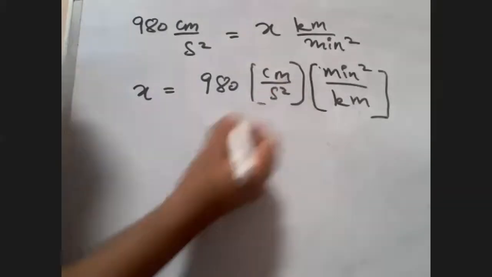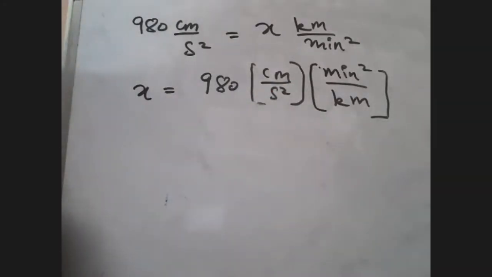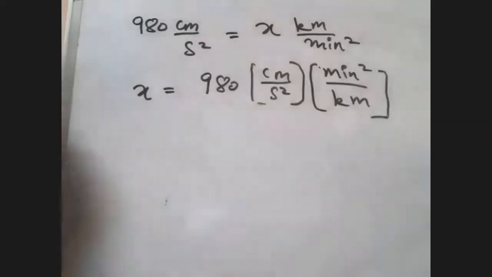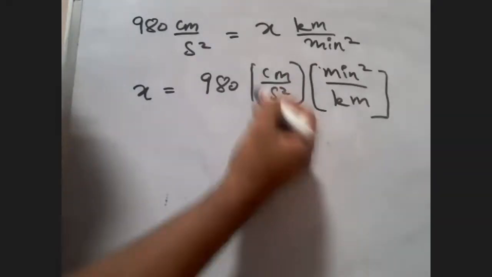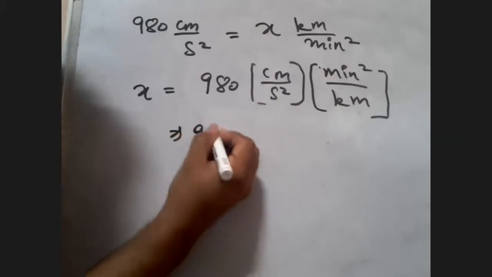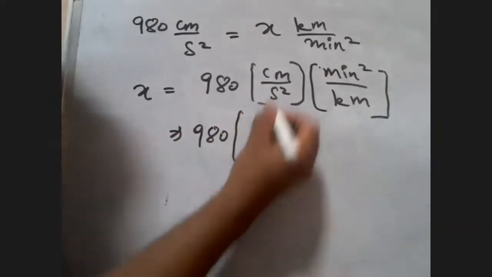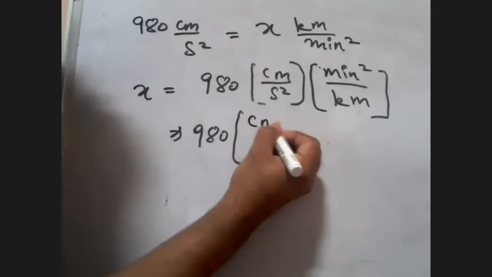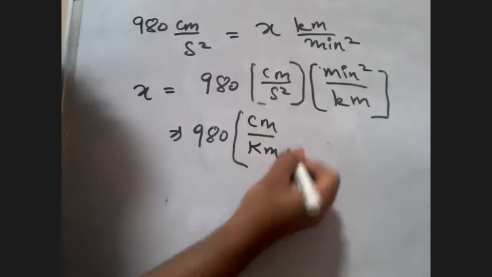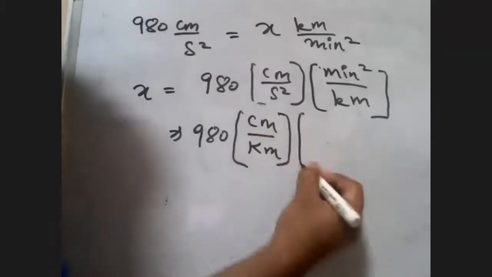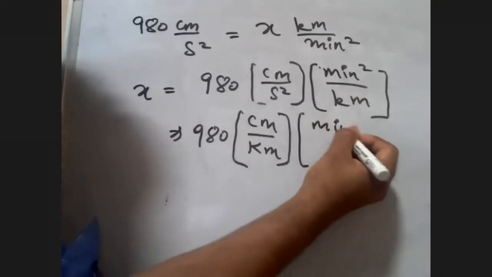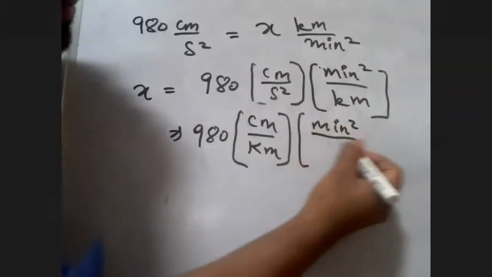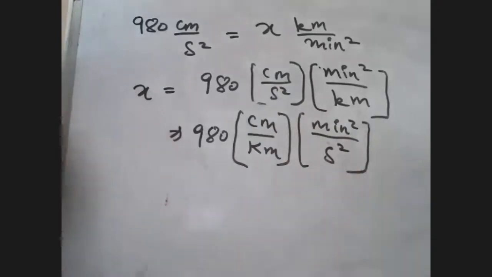Okay, now you know. Look here. 1 minute. What did I do? Did I do some mistake? Yeah. Okay. This is what we got. Now see, students. Now just rearrange this. Look here how the trick is. Centimeter and kilometer are here, so I will write centimeter upon kilometer. Just rearranging it, and this minute is here. Minute square is here. Second is here. I can do this now. No problem. I can do it.